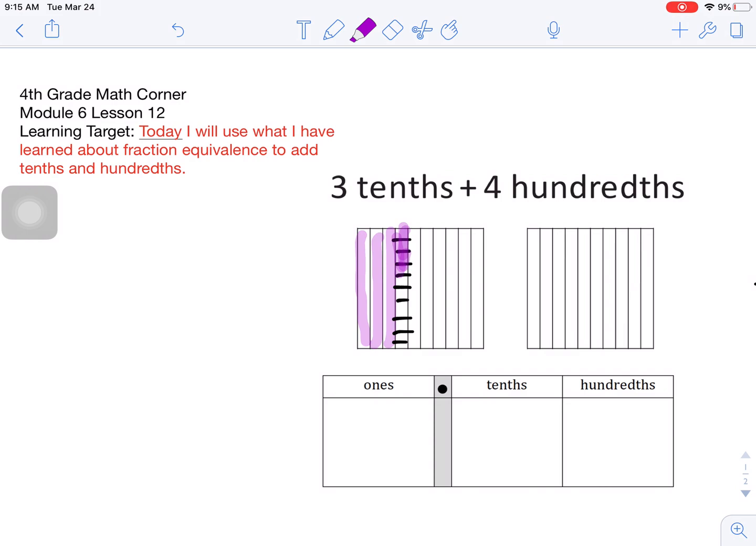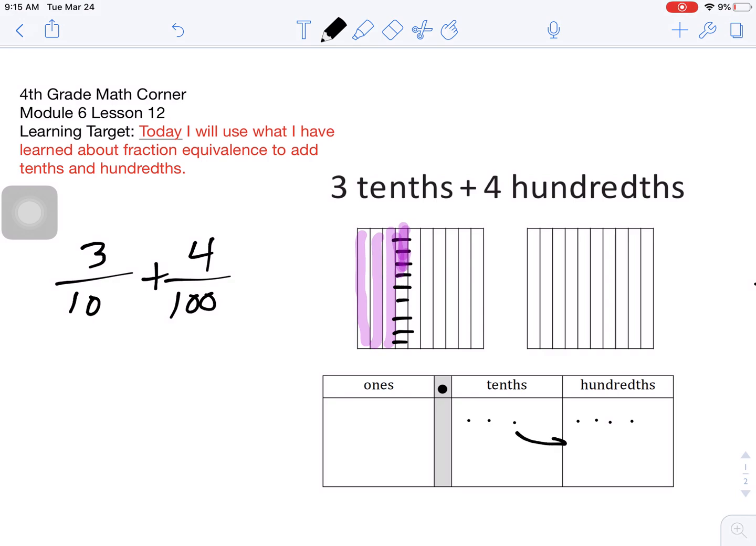Just like before, we talked about we can't add oranges and apples and call them something. We can't go boys and girls and call them boy-girls. We have to make them the same. So we have to change the units or the name of what we're adding. Instead of apples and oranges, we could say fruit. Instead of boys and girls, we could say kids or students. So now I need to make these 3/10 and 4/100 into like denominators. So what I can do is on a place value chart, if I had 3/10 and